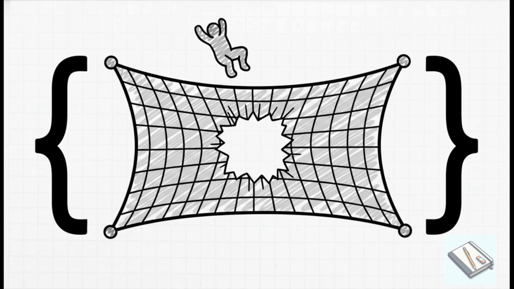Let's make this real. Picture a login method in some application. It starts off by optimistically setting a variable, loggedIn, to true. Then it tries to check the password. But look at that catch block. It's completely empty. The person who wrote this probably thought, what could go wrong? Well, a lot, it turns out.